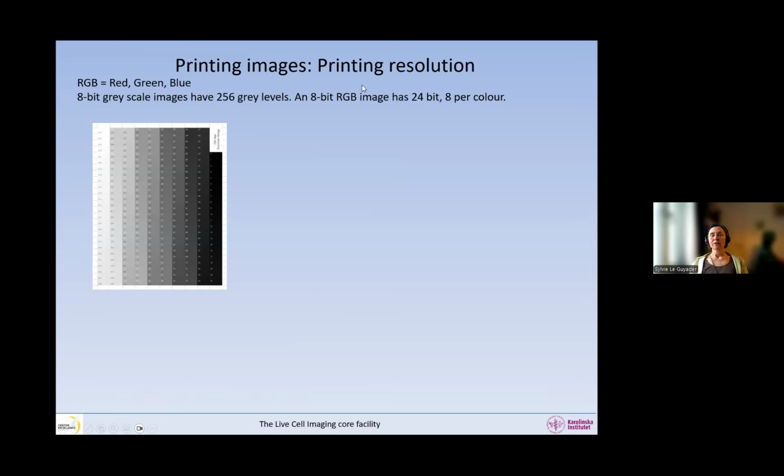Printing images. So when we want to print images on paper, we have to take care of the printing resolution. Oh no, one more resolution. Yes, sorry about that, but it's because of the way we print on paper. So RGB means red, green, and blue. So the images are going to be in RGB to display the different colors. And also the 8-bit grayscale images. So when they are printed, they are in 8 bits, which means we have 256 gray levels available to represent our images, which are not always